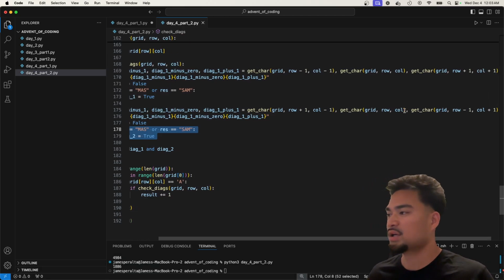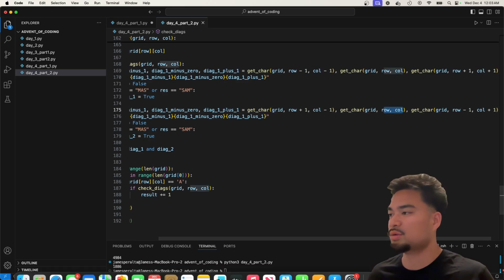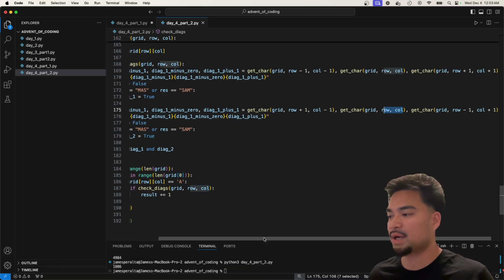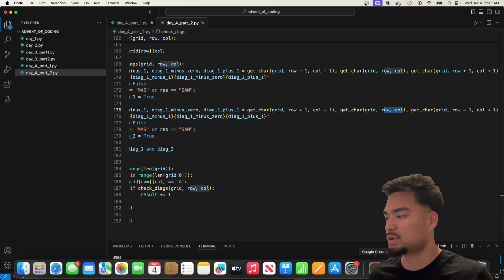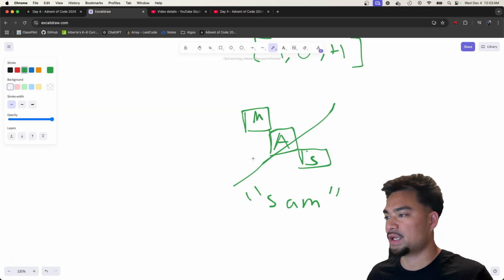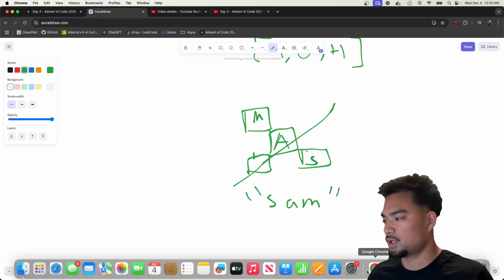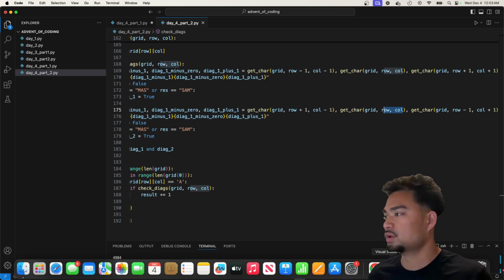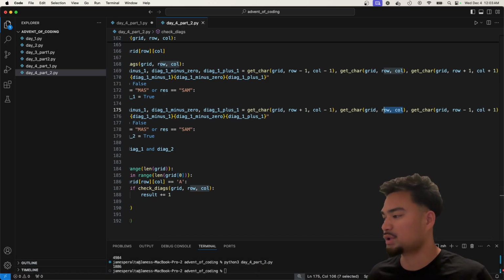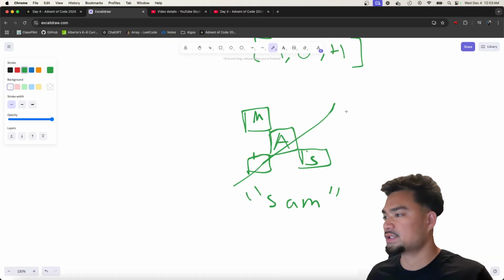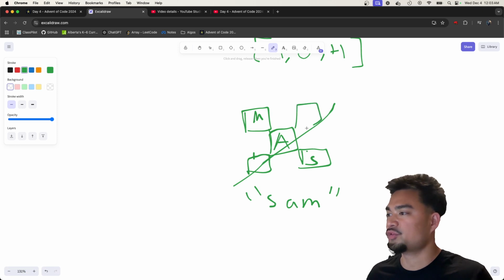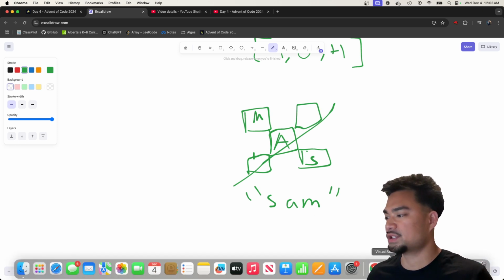So you can see, if I want to get the middle character, I don't add anything to the row and column. But if I want to get row +1, column -1, that's this element, because I'm going down a row and I'm moving back a column. And then what's this one? Row -1 and column +1. That's this one because I'm going back a row and I'm moving a column forward. So now when I extract those, I just turn it into a string and then check if it's SAM